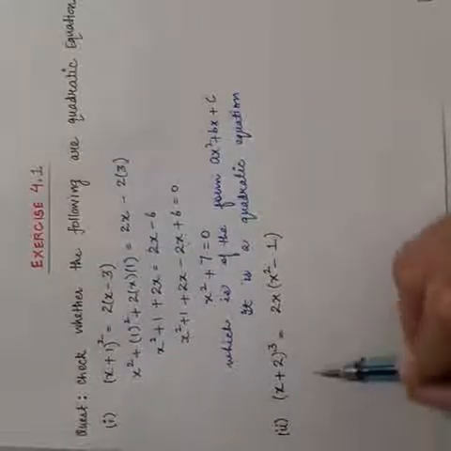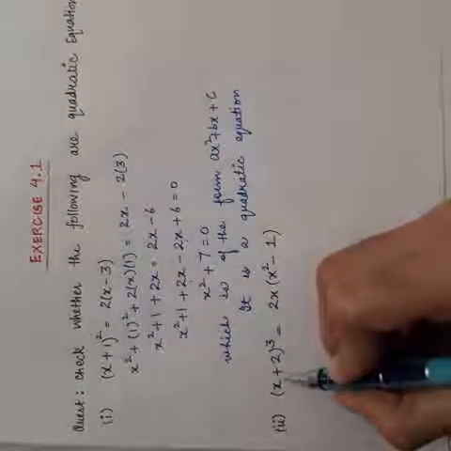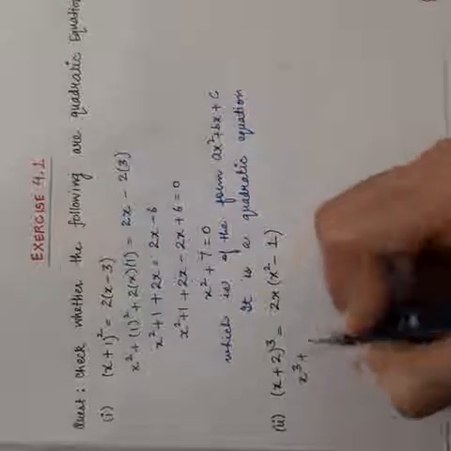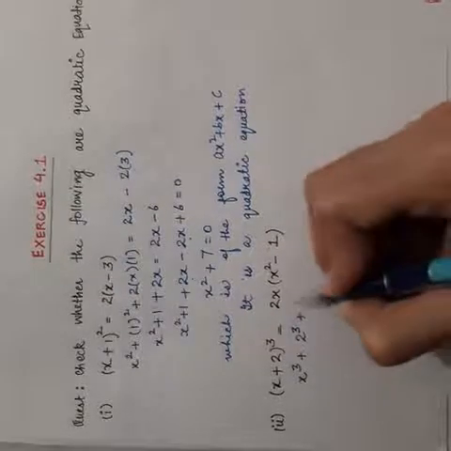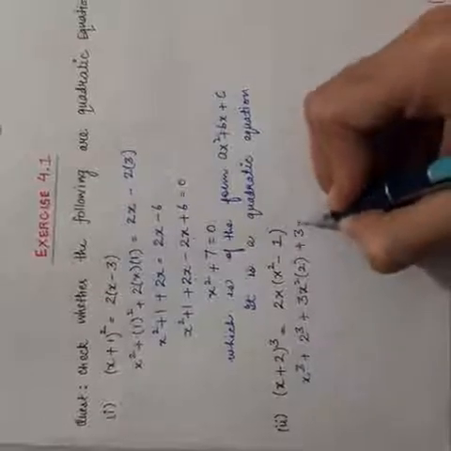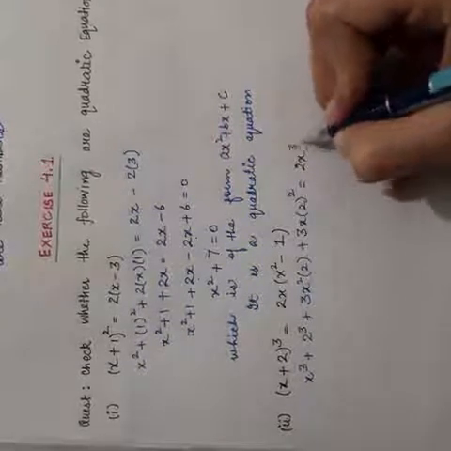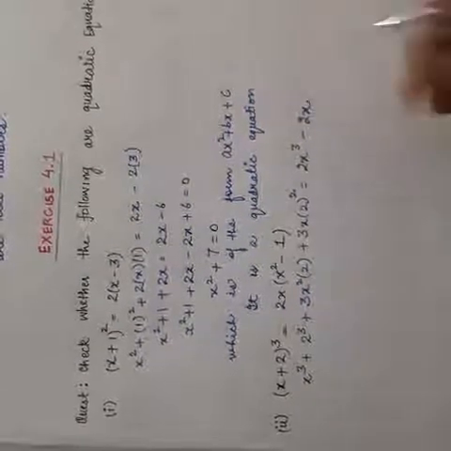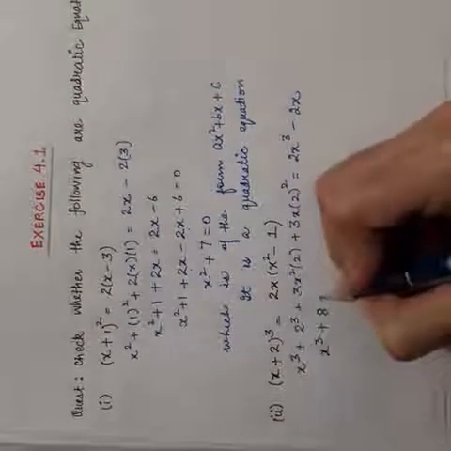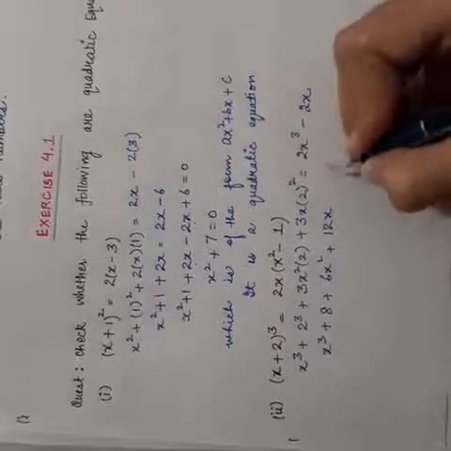Now in the next part, we again have one equation. We need to check whether it is quadratic or not. So on the left hand side, we have x plus 2 whole cube. We will use the identity here, a cube plus b cube plus 3 a square b plus 3 ab square. On the right hand side again we are going to use the distributive property and open the braces, and then simplifying the equation, x cube plus 8 plus 6x square plus 4 3s are 12, x